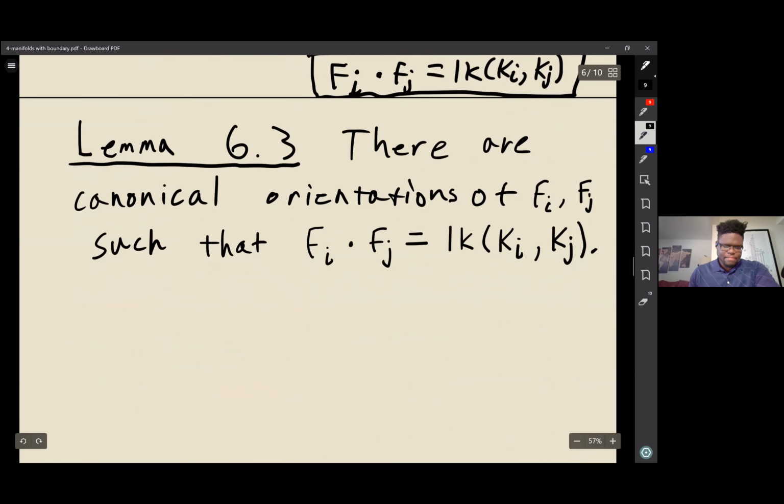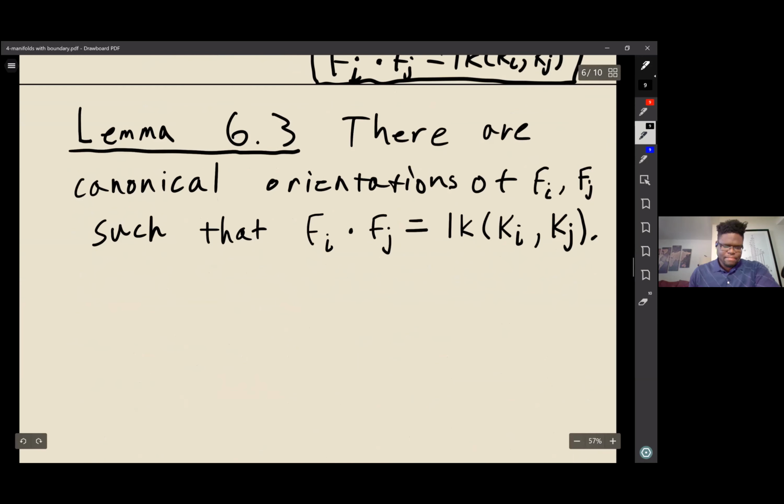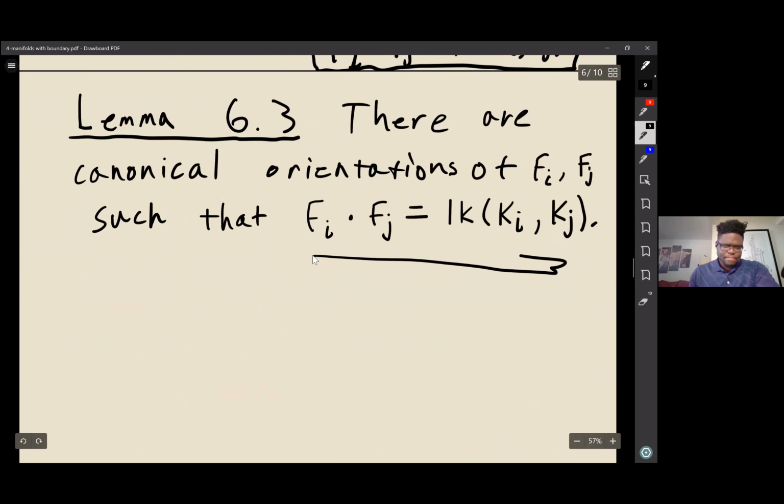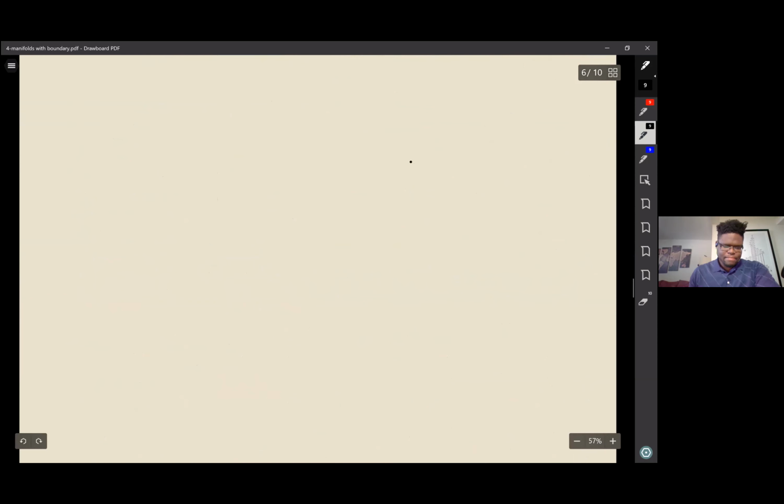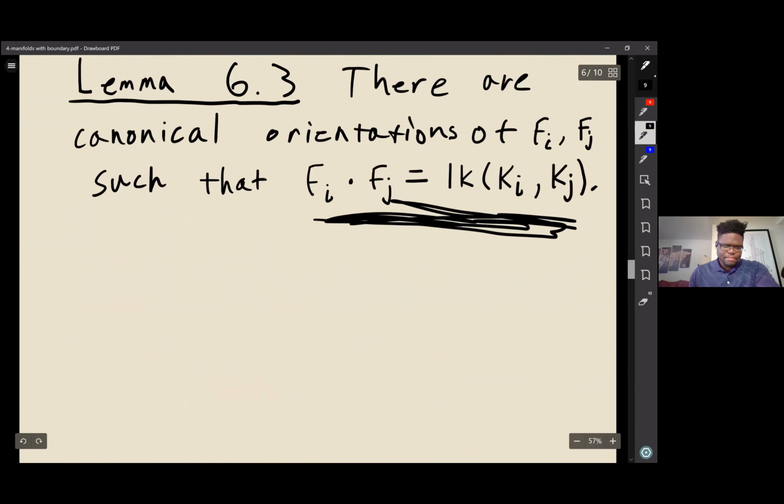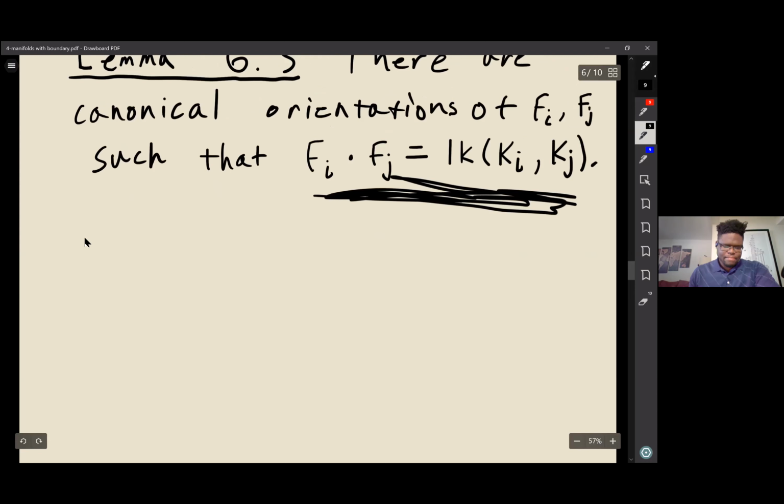And the great thing is, there actually are canonical orientations of these two surfaces that give us this desired equality. The sketch of the proof